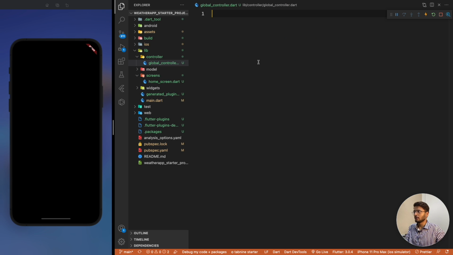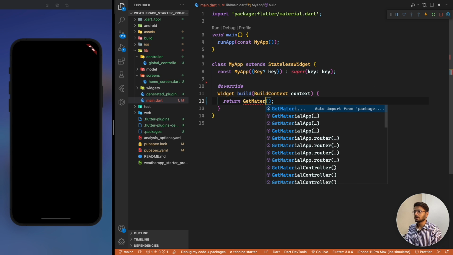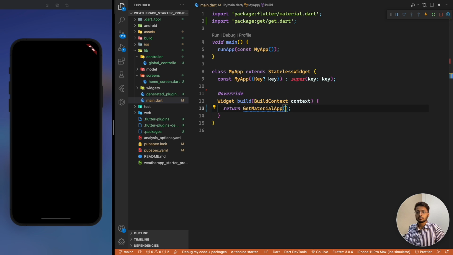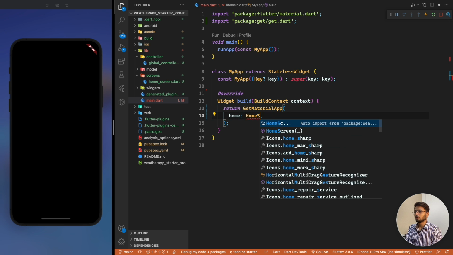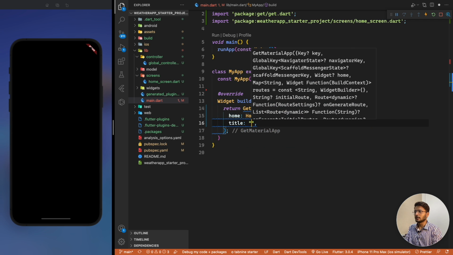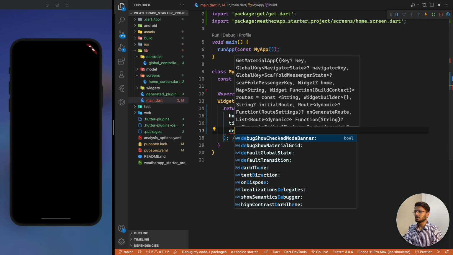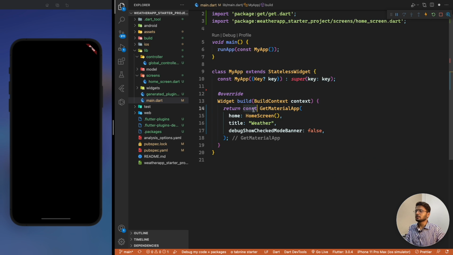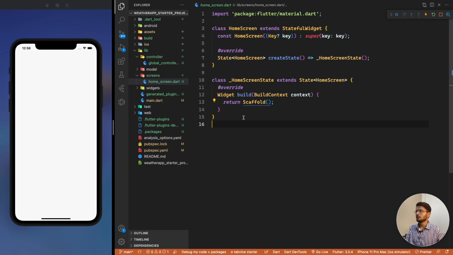If I click on save, and now if I go to the main.dart file, inside the return we can write this as GetMaterialApp, and the home can be our HomeScreen. Other than our home screen, we can set the title as Weather, and we can disable this debug option here. As this application has only our home screen, there is no need for assigning particular routes. So if I click on save,